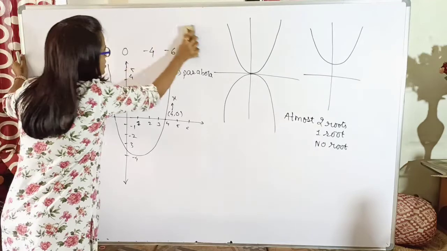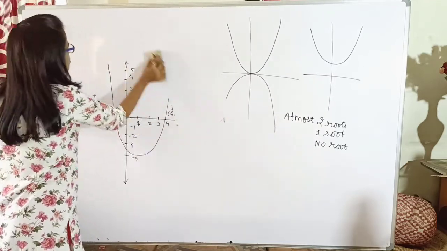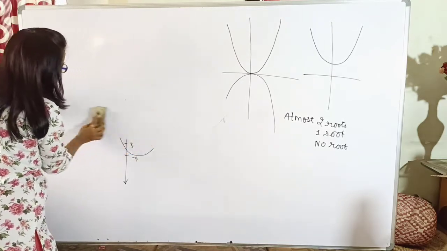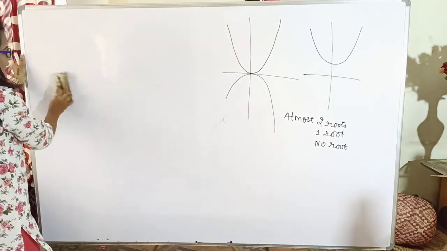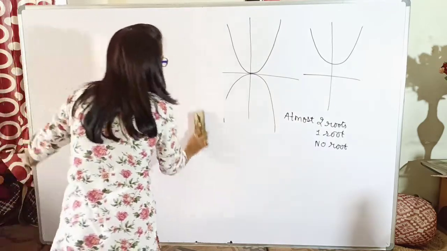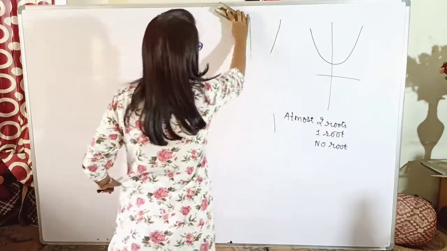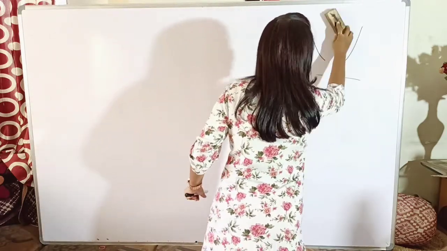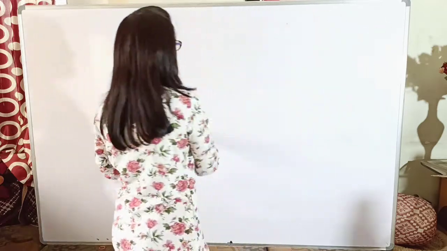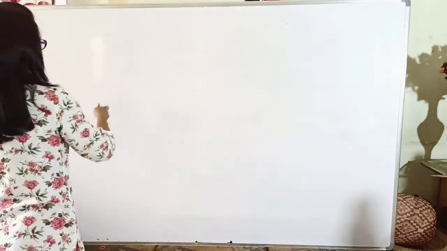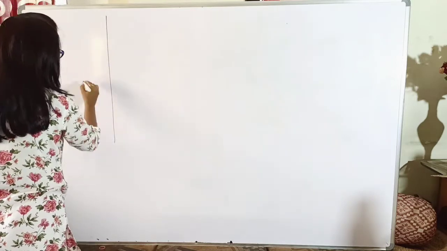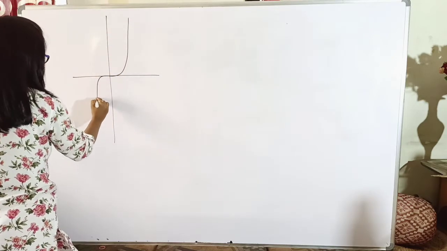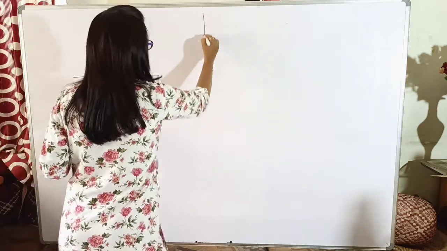We will not derive it, because from these two we have already got to know that the points where the graph intersects the x-axis are the zeros of the given polynomial, and it is applicable to polynomials of all degrees. Only for reference, let us see what the shape of a cubic polynomial could be. Just like for a quadratic it is a parabola, for a cubic polynomial the shape could be like this. Okay, this is one case.